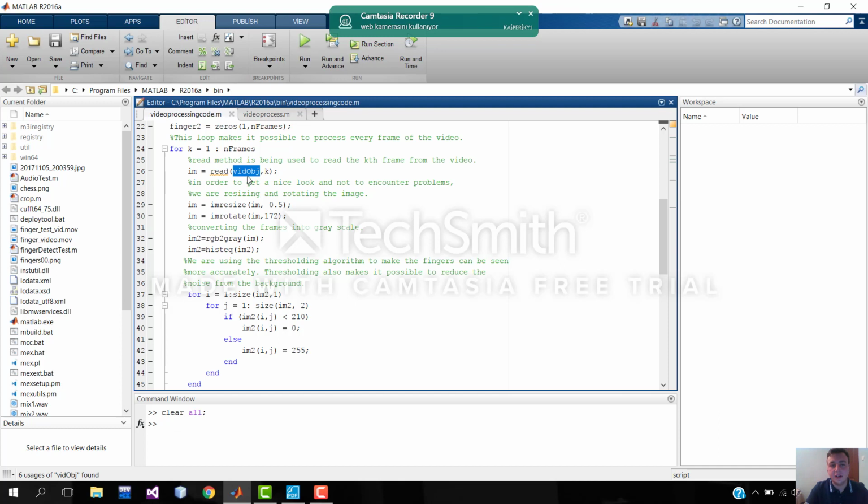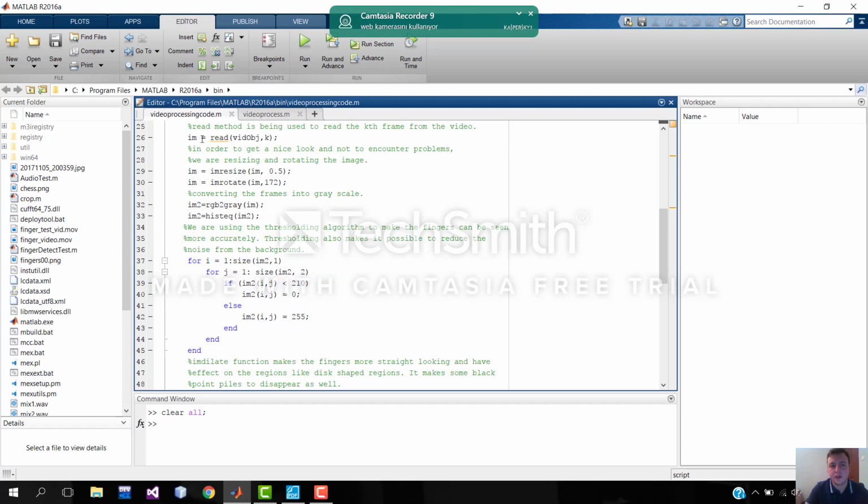I want to read the kth frame from the video object. So after we read and store the frame into the im variable, we can make some adjustments. We are resizing the image and rotating it. Why do we resize the image? Because